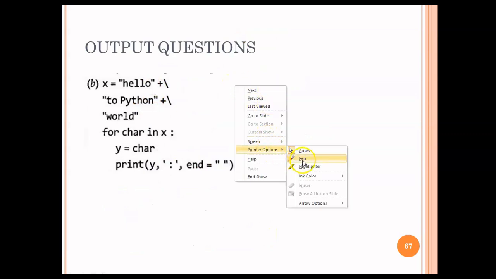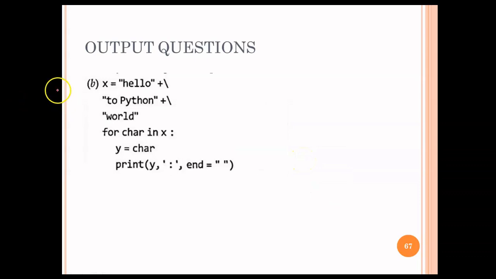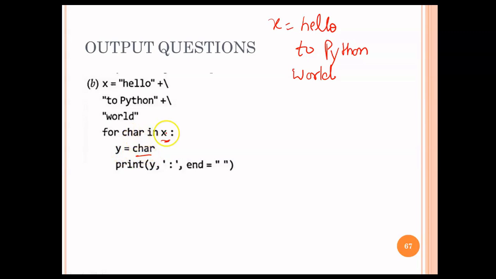Now moving to the next question, the second output question. x is equal to a multi-line string. You can use a slash to continue with the string. So x is equal to hello to Python and world. Now for char in x, which is hello to Python world, then we have the next line character also, and then y is equal to char. It is actually taking the individual character present in this string, and we have the print statement y. So y is the first character, which is